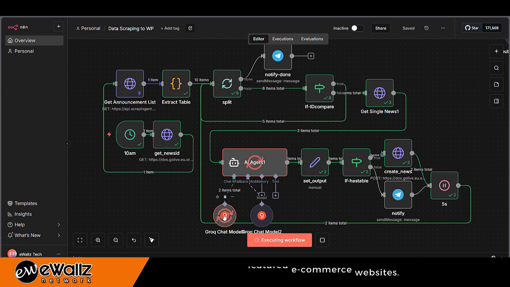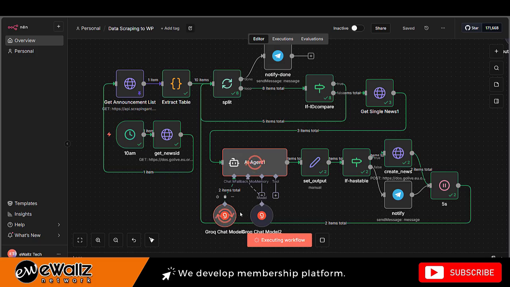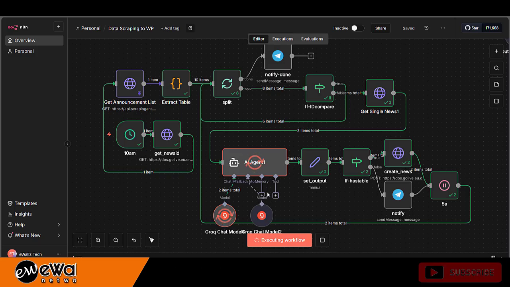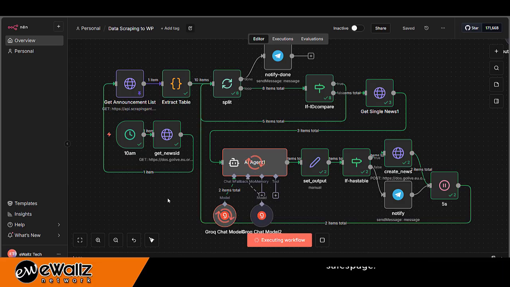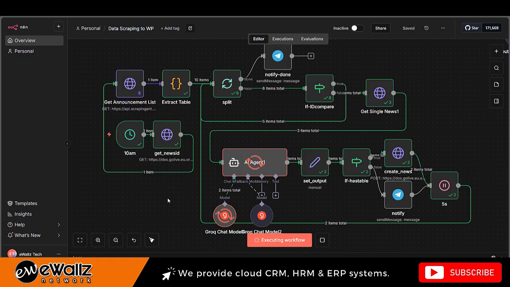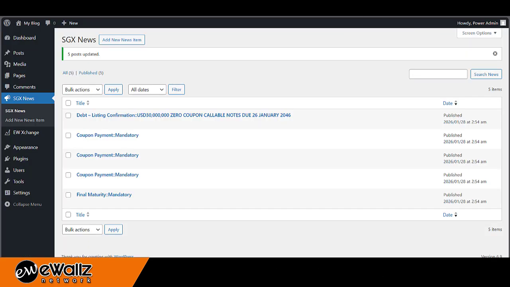One is the main, and the other one is the fallback model, just in case the first one gets some error or problem, it will automatically fall back to the second model. During the workflow, we will do 5 new postings, and the other 5 already exist in WordPress.